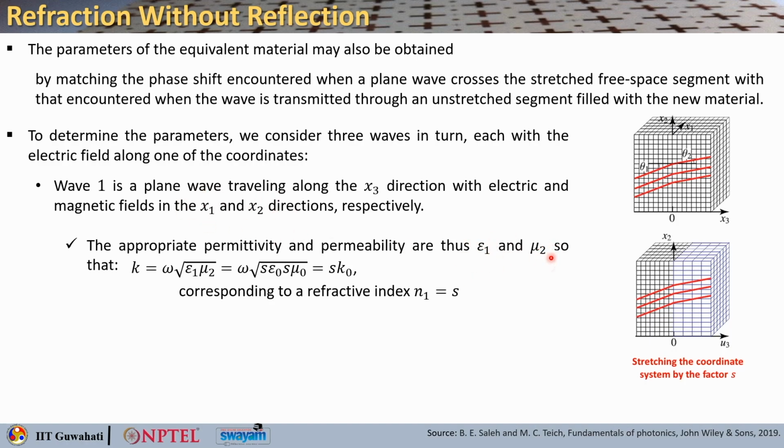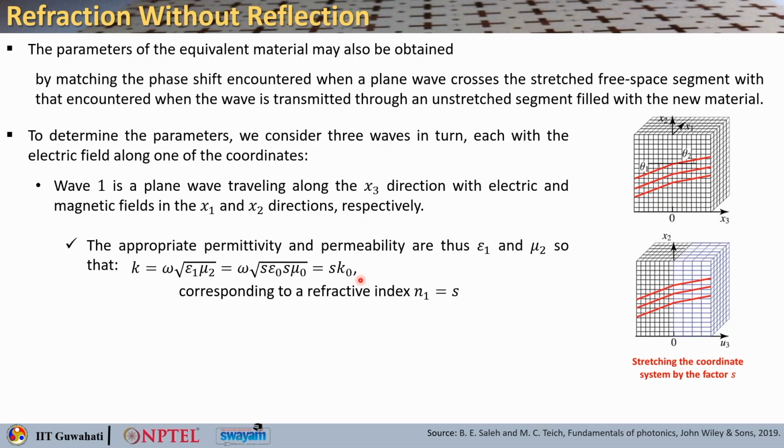From that you can obtain k, the wave number, which is omega square root of epsilon 1 mu 2. Now, you know that epsilon 1 is S epsilon naught and mu 2 is S mu naught. So, S will come out and this whole thing gives you S times k naught,